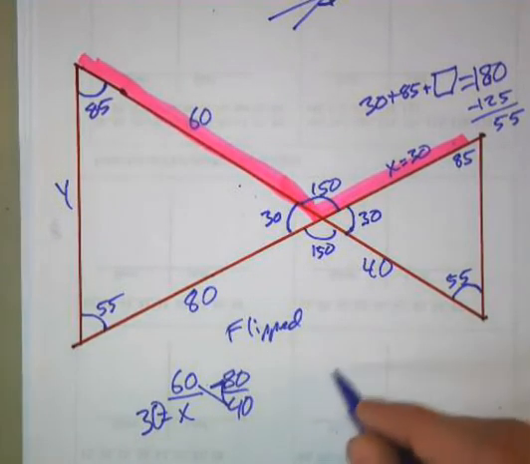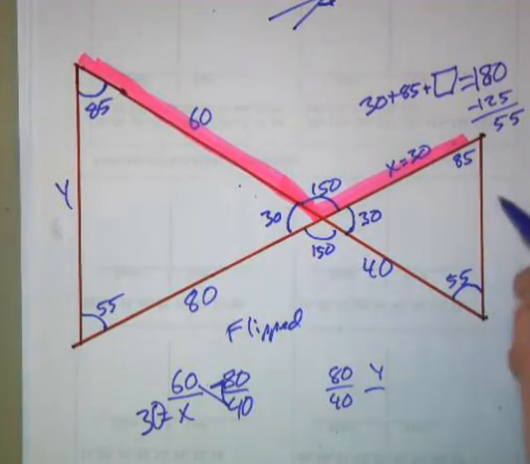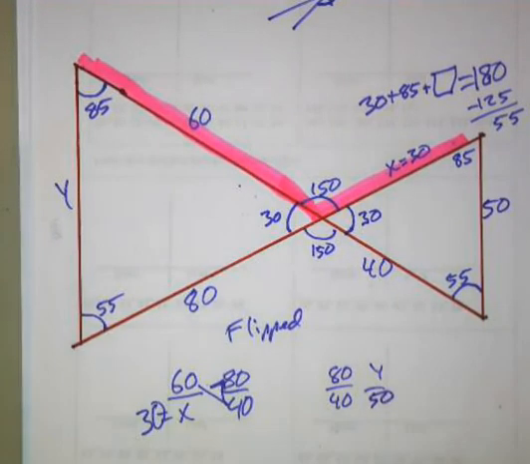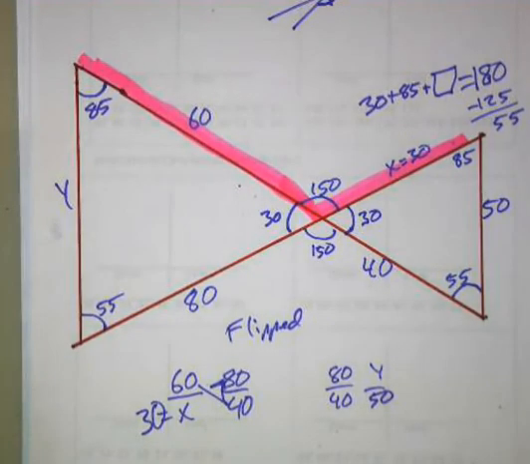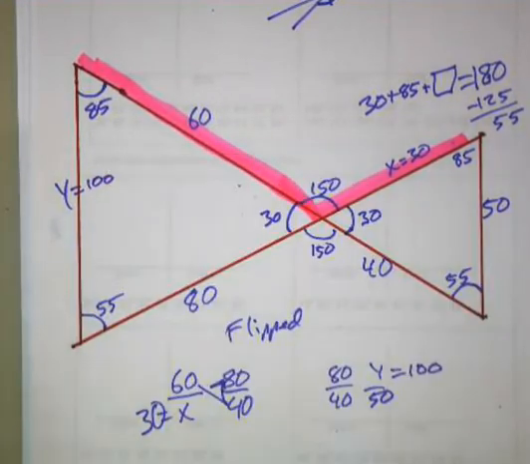80 is to 40 as y is to, and we need to know what this is, so we'll call this 50. And then we would again cross multiply and divide. 80 times 50, divide by 40, and our answer is y equals 100. Y equals 100. Now, the difference would be